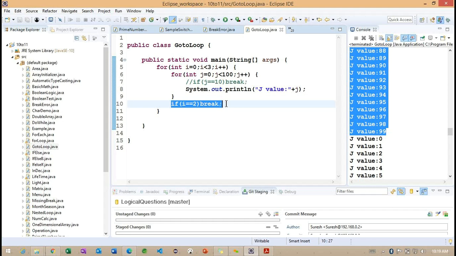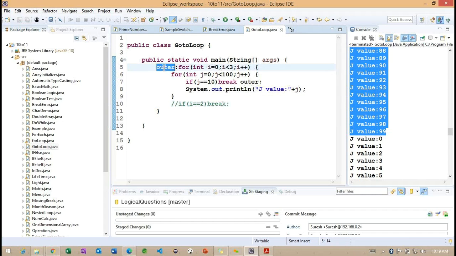Getting the point? At a time we want to terminate both the loops here. The simple answer is that we have one goto statement with a label called outer. So what is the loop we want to terminate here? Besides this particular loop, we need to specify the condition like this, and whenever the condition is satisfied, we provide the name of this particular loop.